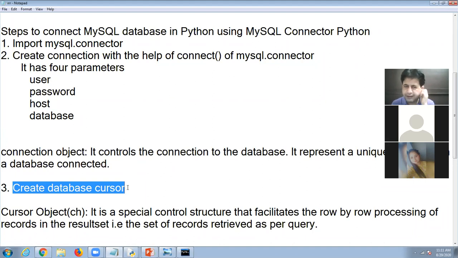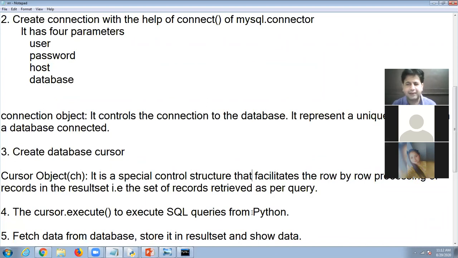It means it provides us a structure in which we can get or send data to the MySQL server. The data which we get or send is called a result set. So the set of records retrieved as per a query is called a result set. So it creates the environment.